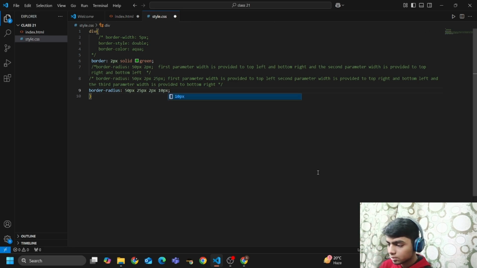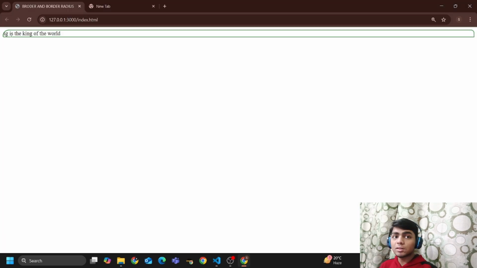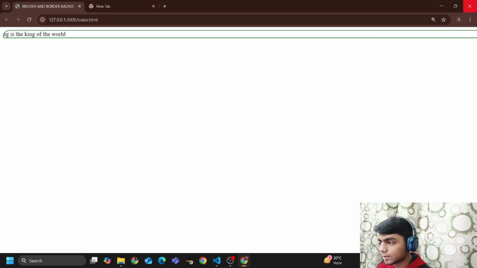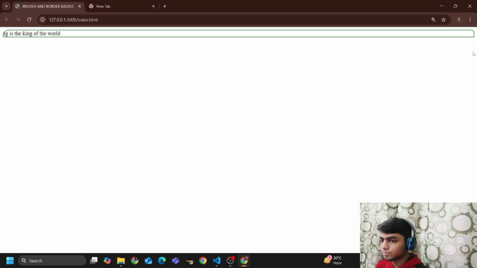And now if I preview this, you will see that 50 pixels of width, that is my first parameter width, is provided to my top left. 25 pixel of width is provided to my top right, 10 pixel of width is provided to my bottom left, and 2 pixel of width is provided to my bottom right.